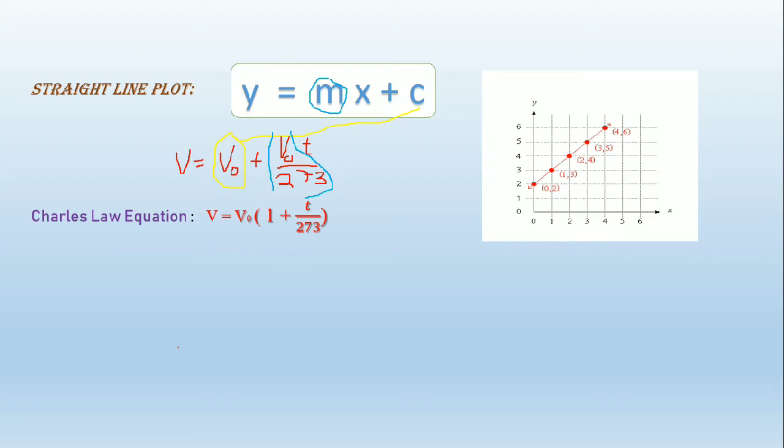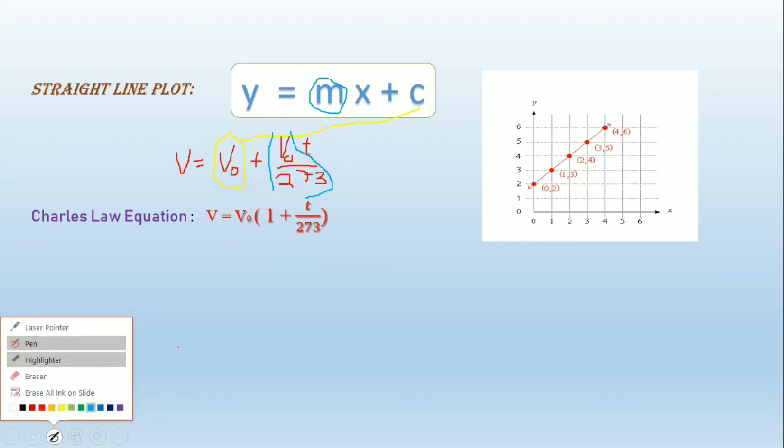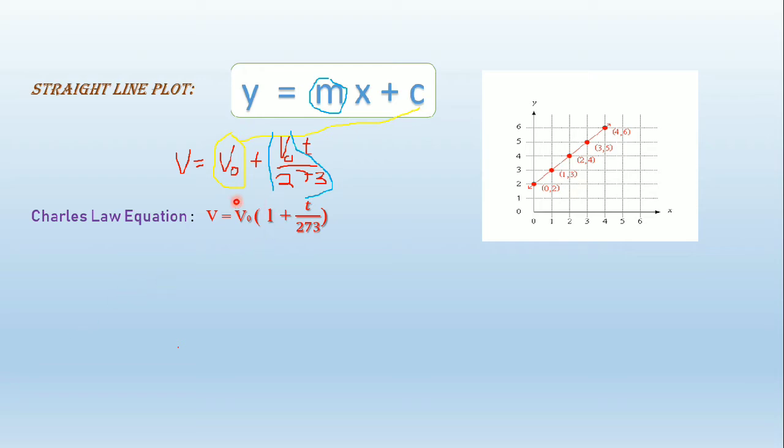So we naturally expect this equation should also have a linear kind of graph, a straight line graph like this one, right? So let's find out if we get that straight line or not. I can't just bring in the graph directly. I want to show you all how these things are done in an experimental way. So we'll first take V0. Suppose V0 is 10 liters, could be volume at 0 degree, could be anything. So I have taken it to be 10 liters.